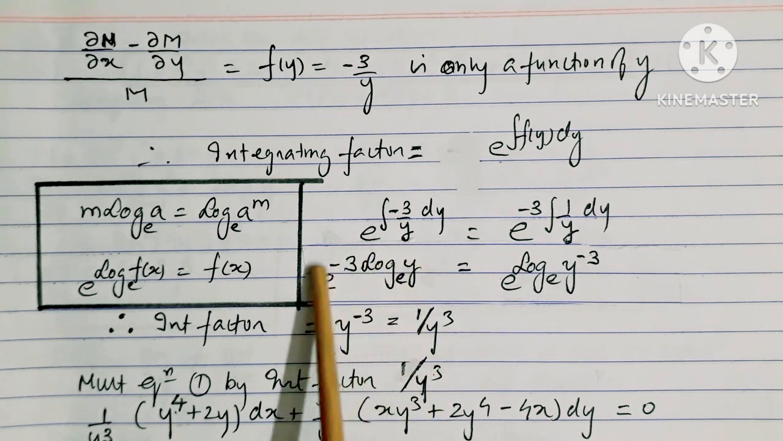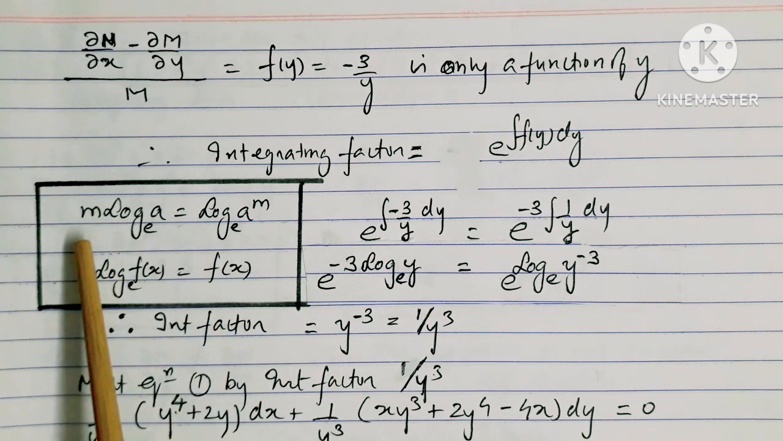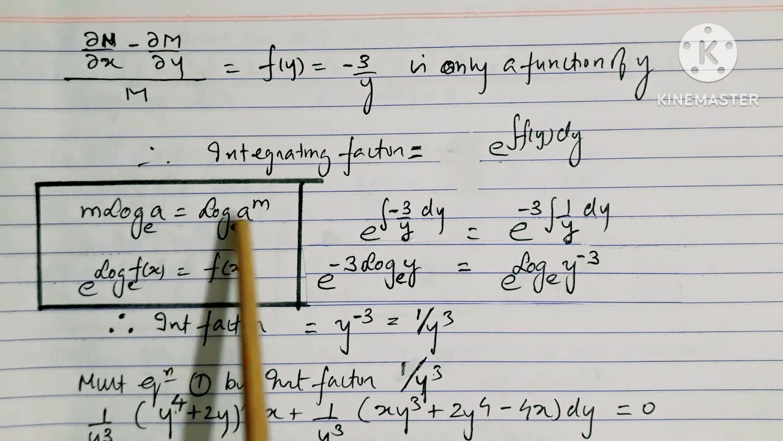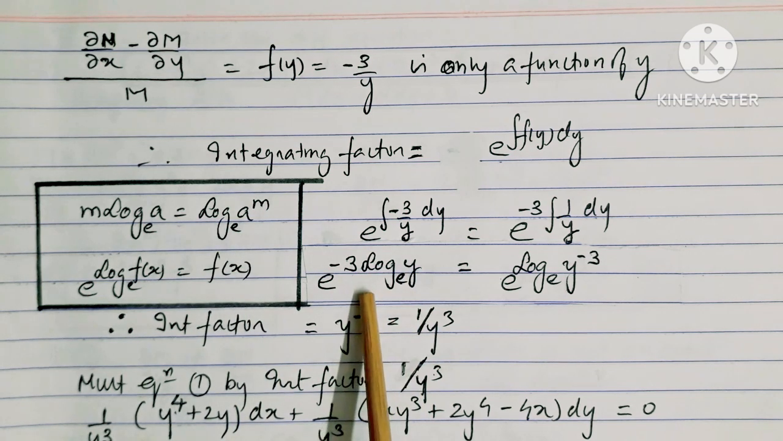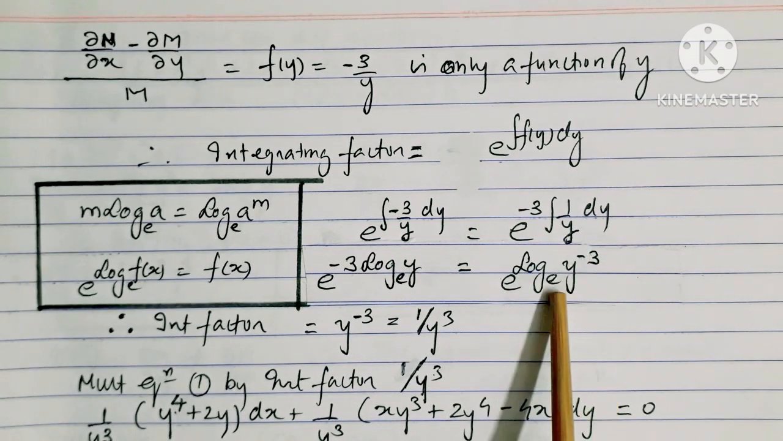Now, we can simplify this integrating factor by using the property of logarithm, which is m log a to the base e is equal to log a raised to m to the base e. So, we can write the integrating factor now as e raised to log y raised to minus 3 to the